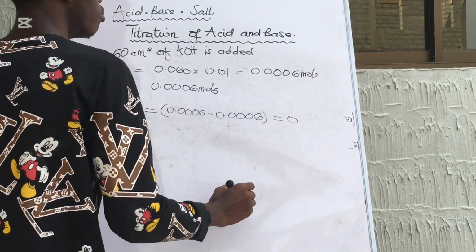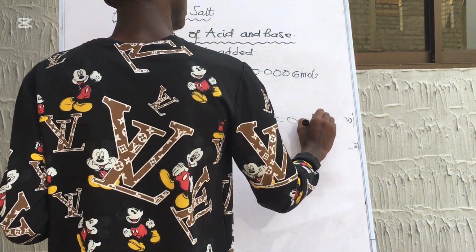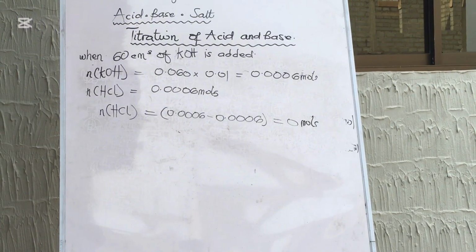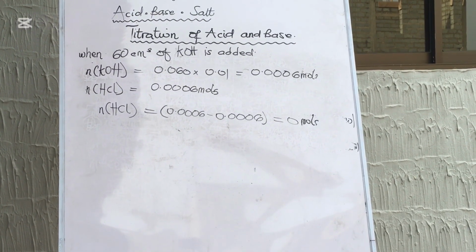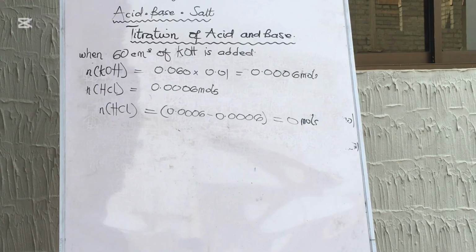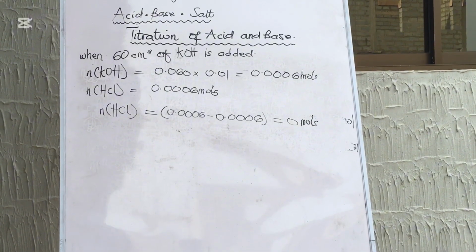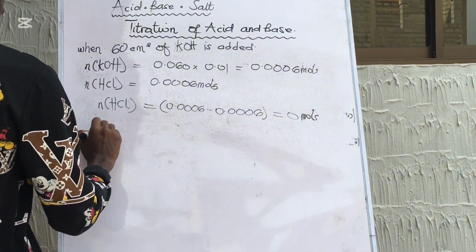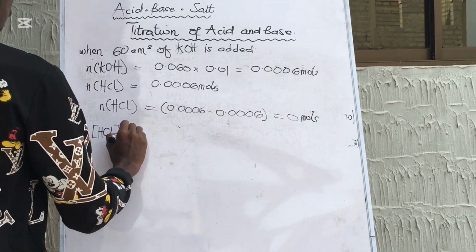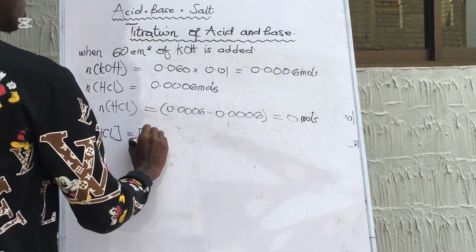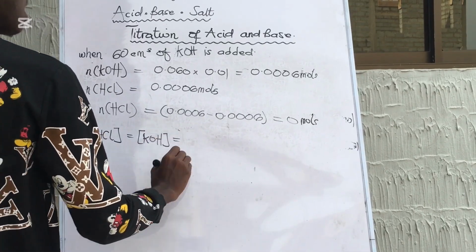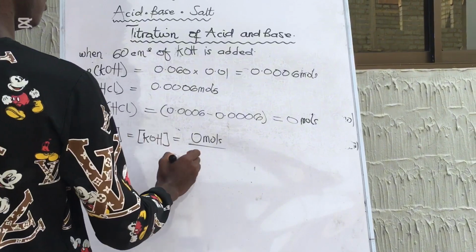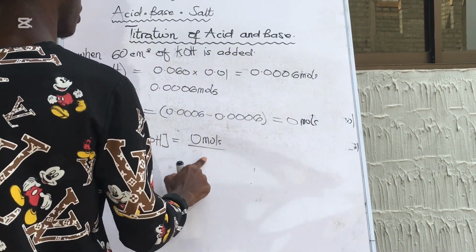And it will give us 0 moles. So if you are having 0 moles divided by any concentration at all, or divided by any volume at all, it will still not give us a concentration of either H plus or OH minus. All what I'm trying to say is, if you want to find the concentration of HCl or KOH, you are going to get 0 moles divided by the total volume, and the total volume will be 120, so 0.12